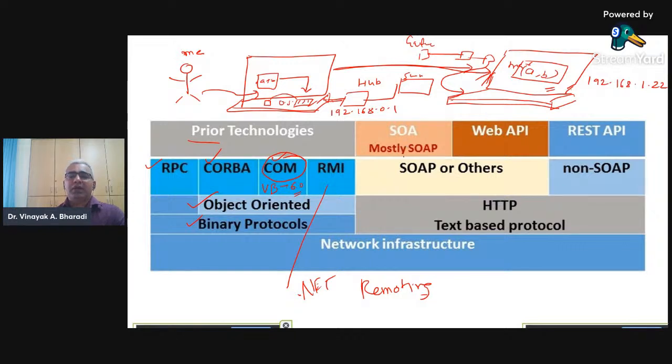Then later on Microsoft came with the SOAP protocol, Simple Object Access Protocol, and service oriented architecture was there. So big applications, they were,